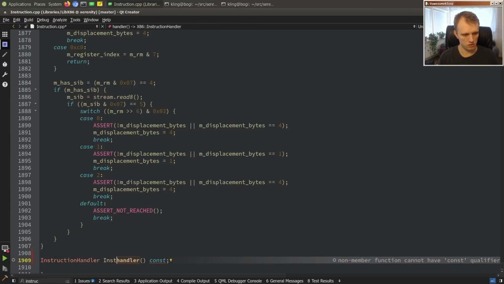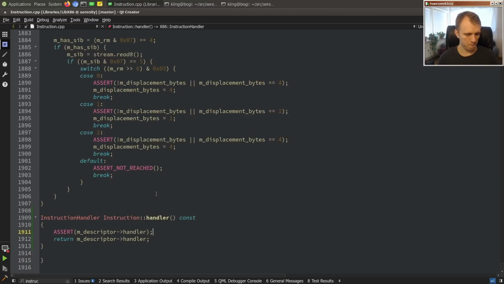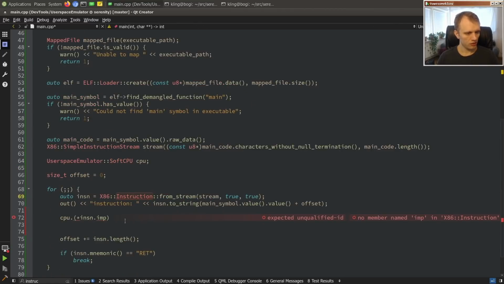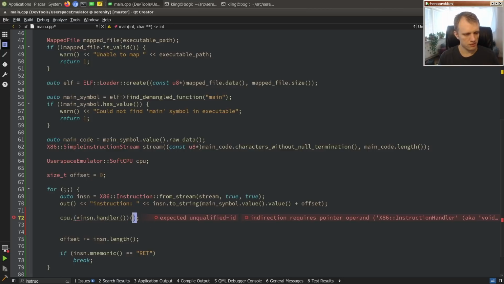So instruction handler returns descriptor handler. Okay. And then the handler indirection requires, oh man, I don't remember how to do this. It requires a, oh, it has an argument, right? So